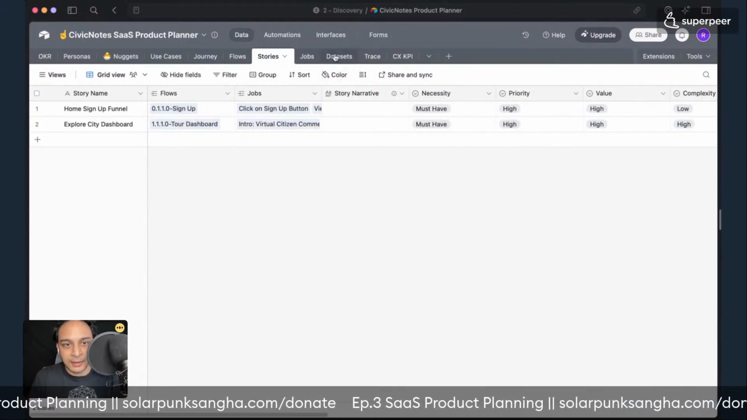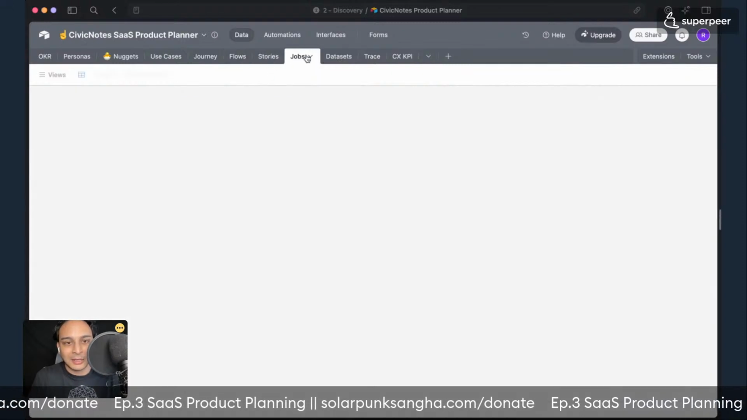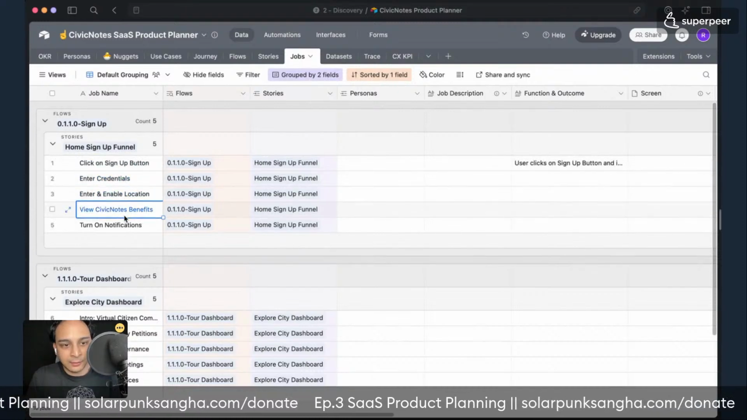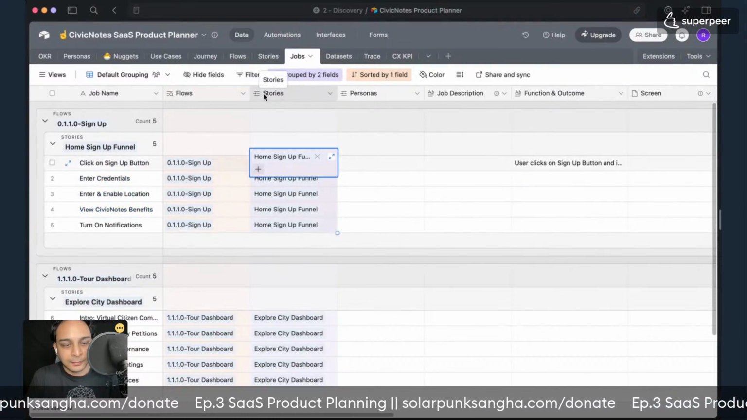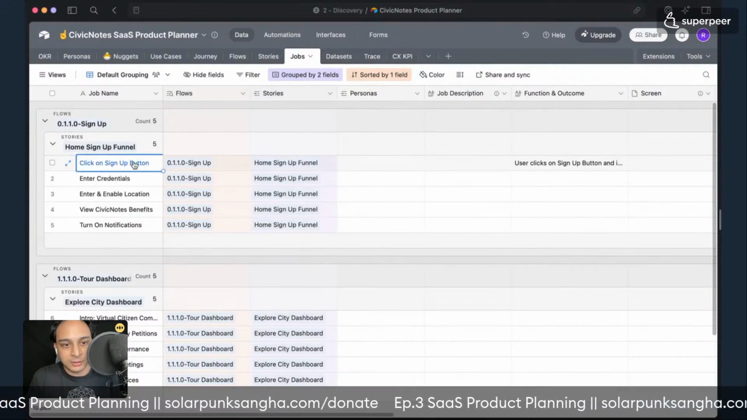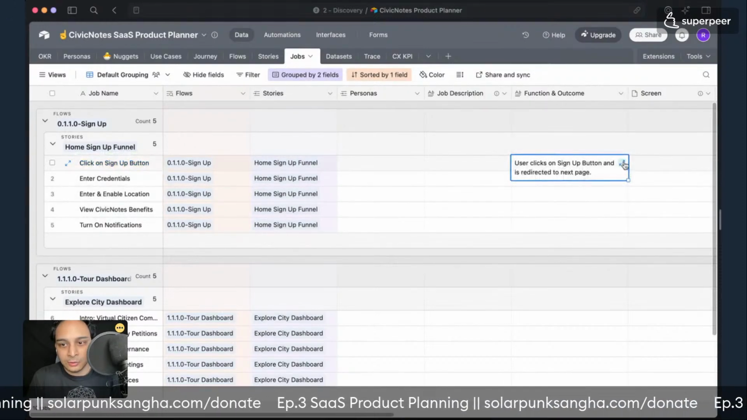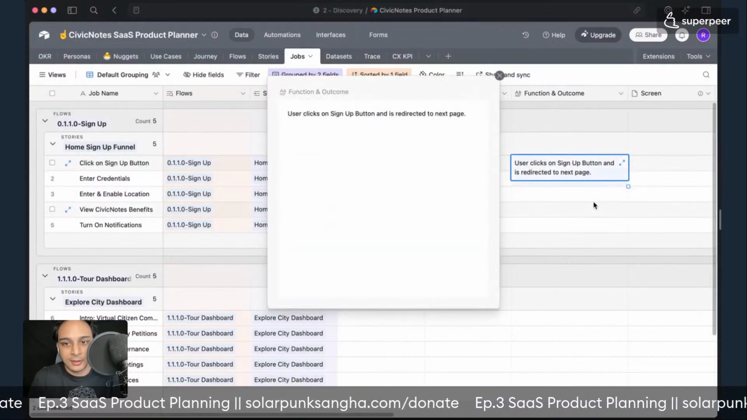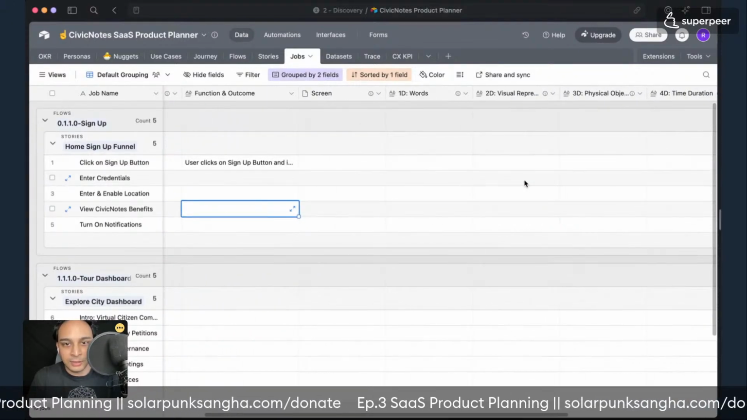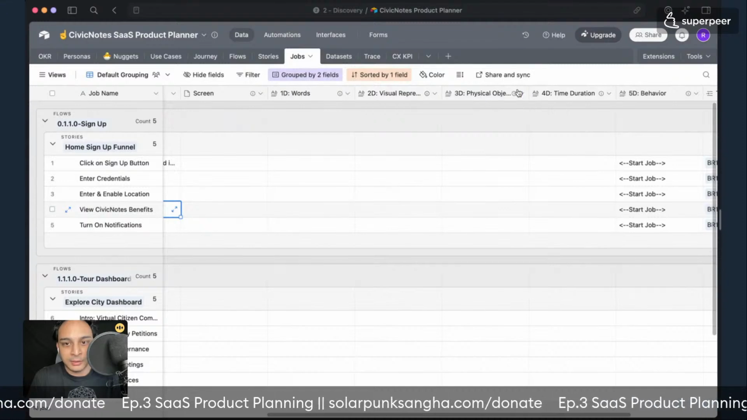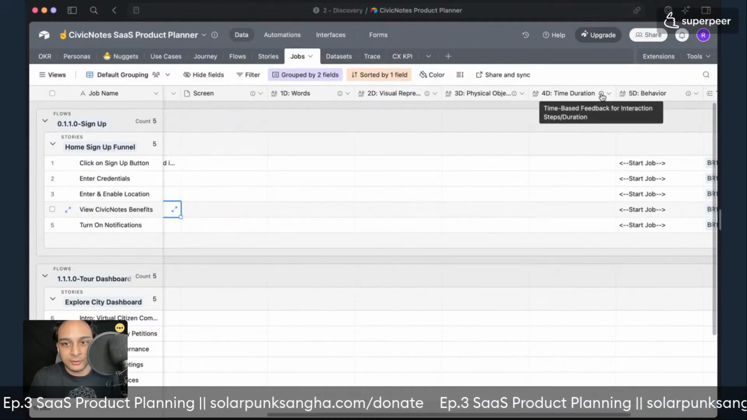And the neat thing about stories, flows, and jobs, all the journey flows and stories coming into UX jobs, is that you can see the micro interactions build out, right? So you go from the big flow to the story itself to the micro interaction, right? And you can write these out. User clicks on sign up button and is redirected to the next page. It's not rocket science when you're reading it, but you can, of course, add microcopy and design notes into it